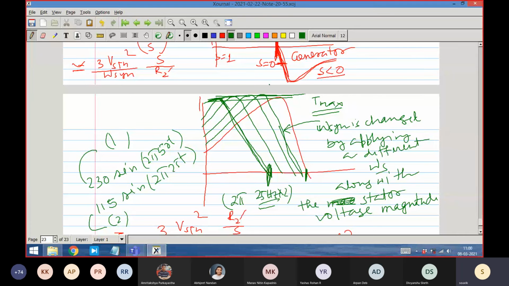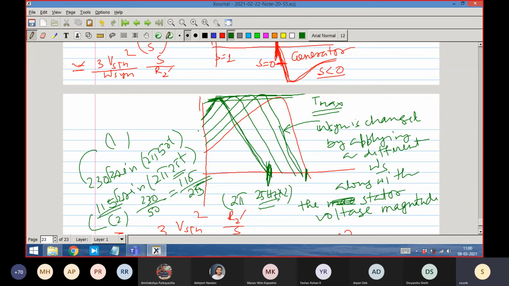We don't have much time to do it, and in the next class we'll do it. So we will have the same value of peak torque when we are giving a different V and different F, keeping the ratio constant. We call it V by F. That means we are keeping the ratio of 230 versus 50 equal to 115 versus 25. This may be root 2, we should say. This may be the RMS value. So with this ratio, we'll still have the ability to produce the same peak torque.